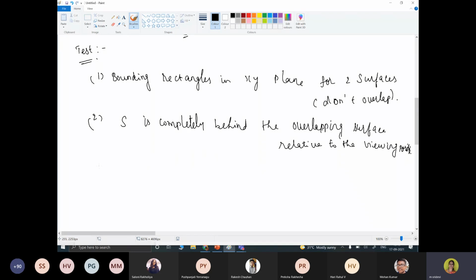And the third: the overlapping surface is completely in front of S relative to the viewing position.